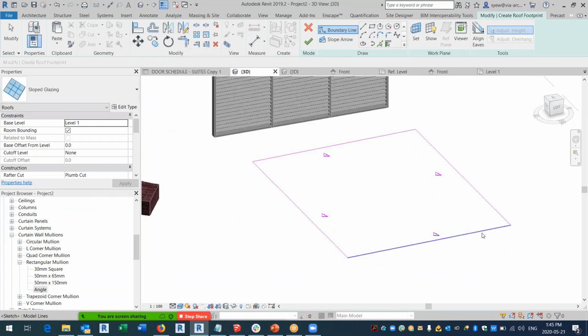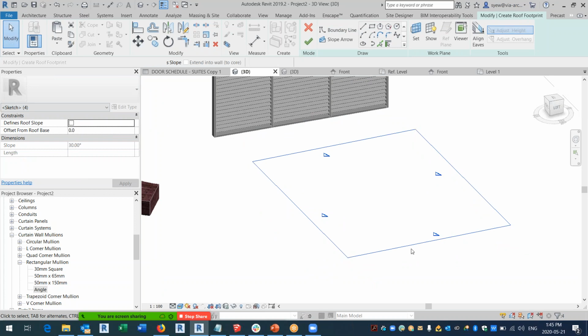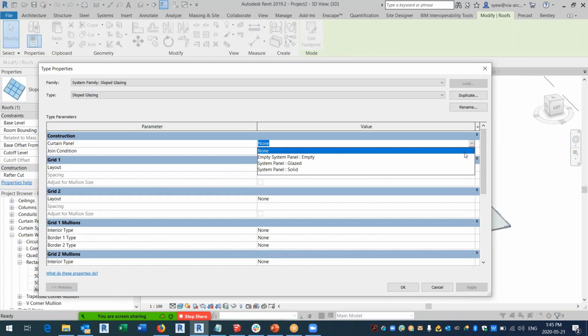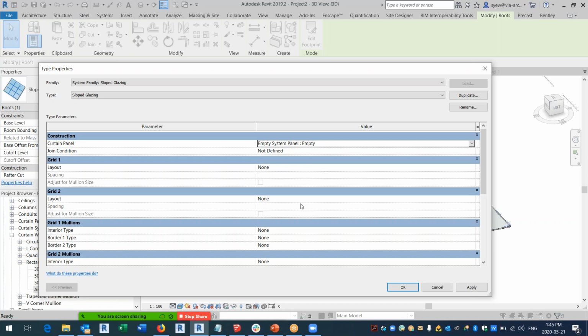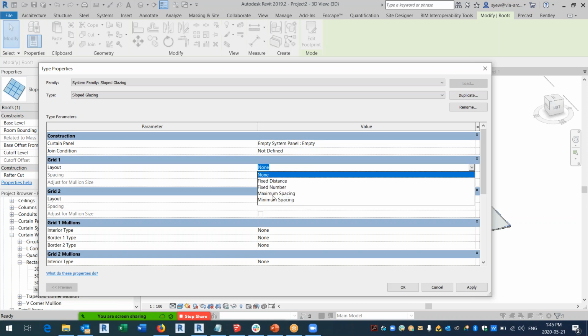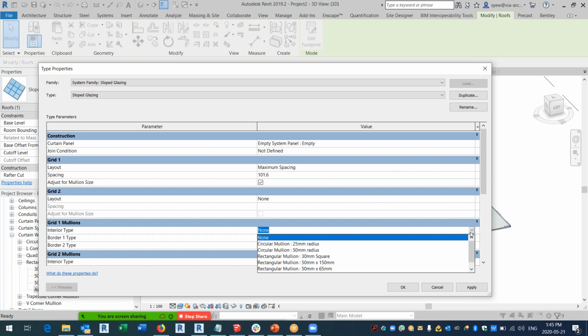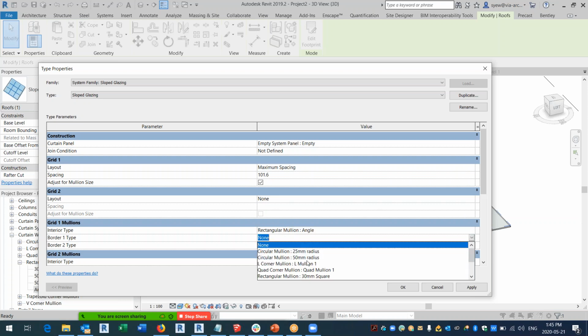And here I'm just going to say no angle. This is defining the slope so that you can angle it. So let's assume that this is 1 degree. And here, again, you can just do that curtain panel, just say empty. And grid 1, let's assume it's a maximum spacing, 4 inches. Layout 2, just leave it alone. So here, what I'm going to do is this is going to be my angle,